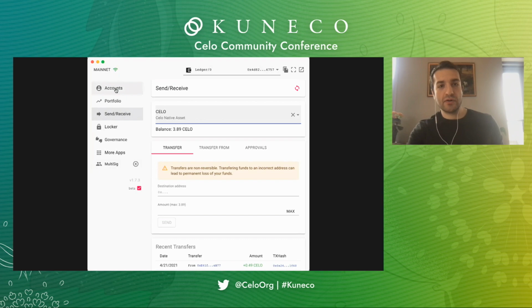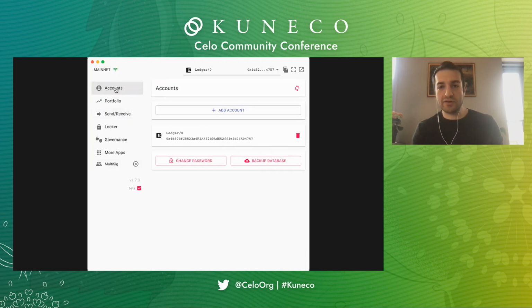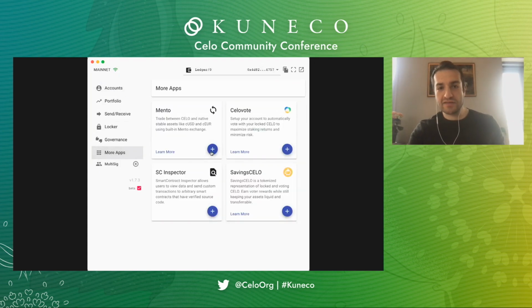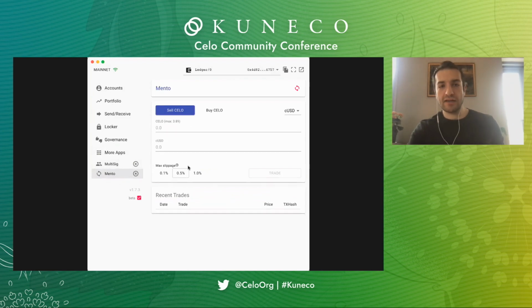And for users, you can just go and download this at celoterminal.com. If you're an app developer, you can go to celoterminal.com, and there is a GitHub link from there. You can go in there. There are all the details on how you can build an app just like this, and how you can become part of the ecosystem and reach more users with a native integration.